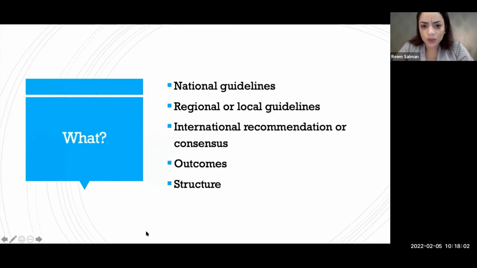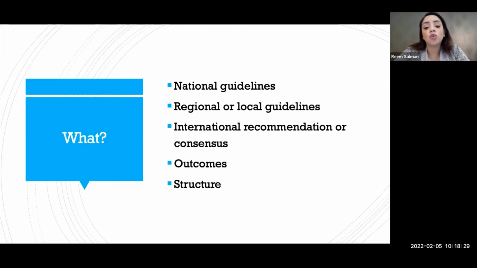Now, what can be audited? Everything can be audited. So we can audit the national guidelines, for example NICE guidelines, okay? If we're actually practicing NICE guidelines in a certain thing, like administering a certain antibiotic, or putting in cannulas and filling in the cannula forms. I'm trying to use very simple examples for junior doctors, as in SHOs or foundation doctors, and you can apply it to bigger examples as well.